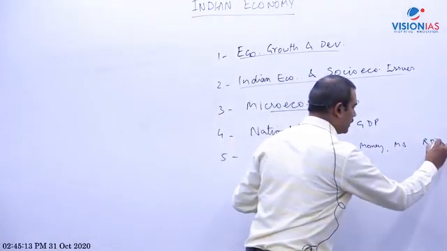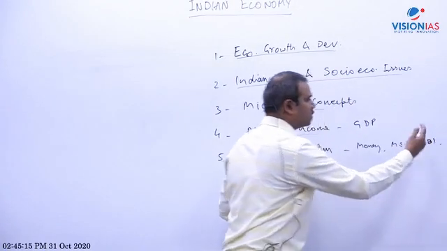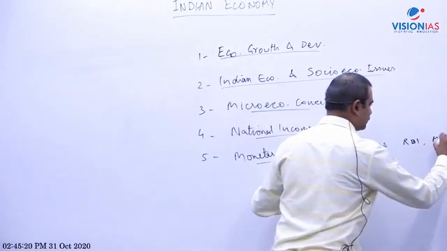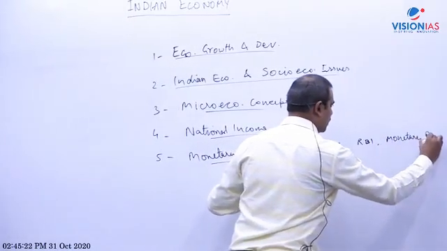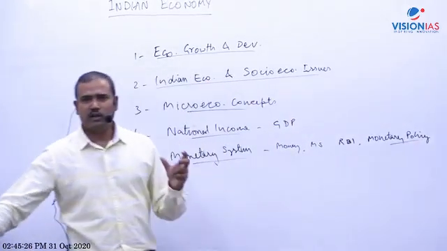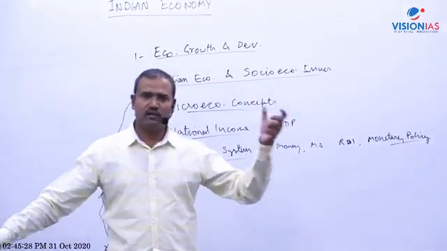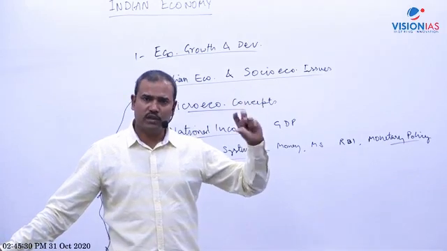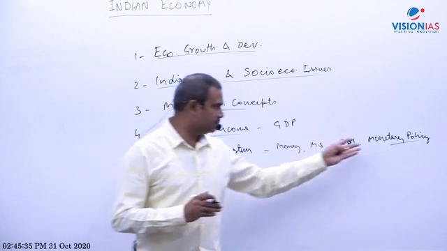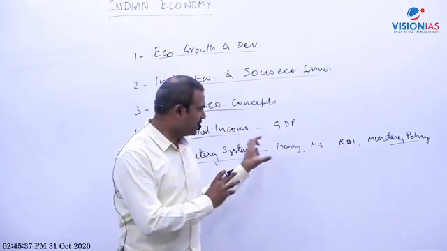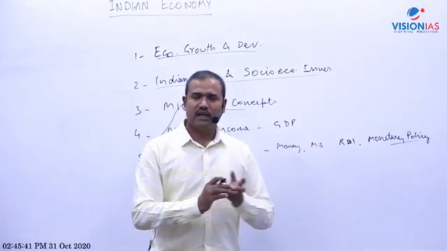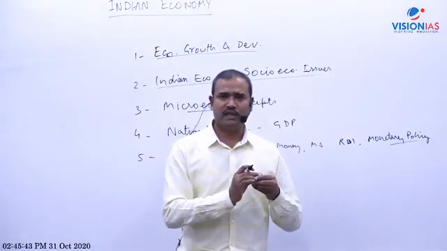RBI. Then I will discuss the Reserve Bank of India, the functions of RBI, and related to that is monetary policy. Like what is monetary policy, and the instruments of monetary policy like CRR, SLR, repo rate, reverse repo rate, etc. And monetary policy reforms also. So various reforms were initiated. So first basics, money supply, money multiplier, RBI, then monetary policy, and after that some reforms in monetary policy.